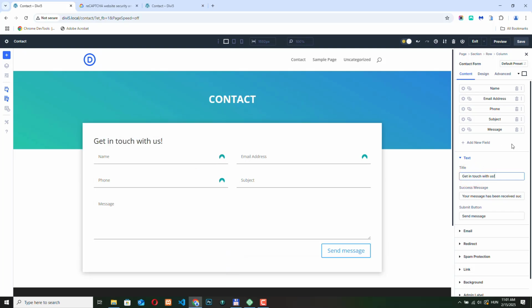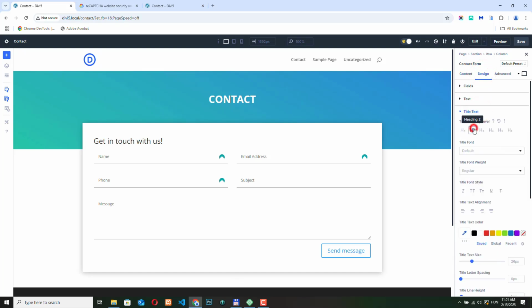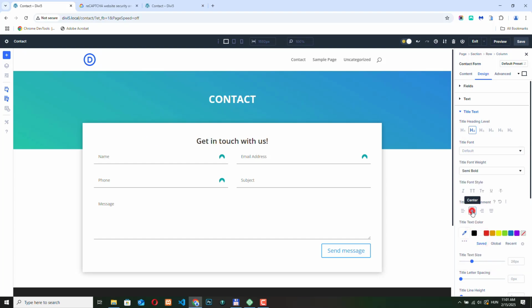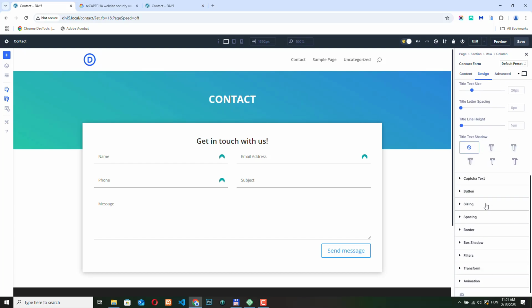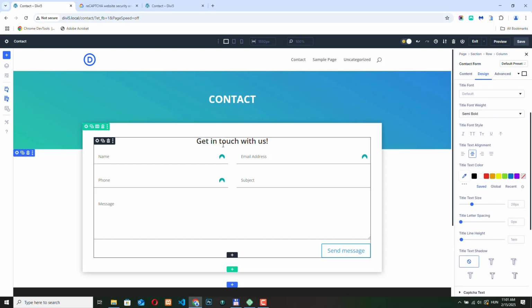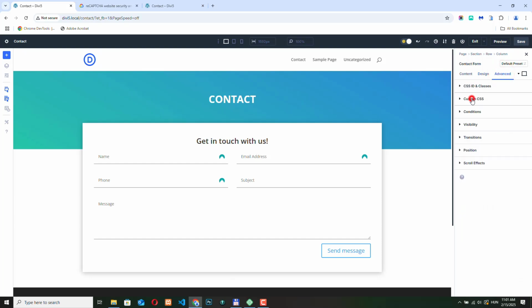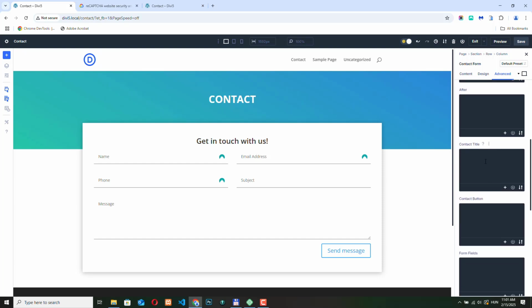We can change the design of the title by going to Design, Title Text. We can make this H2, make this semi-bold, align it to the center. We can change the text size, letter spacing, line height, but we can't change the space between the title and the fields. But we can go to Advanced, Custom CSS, Module Elements, and select Contact Title and just add a